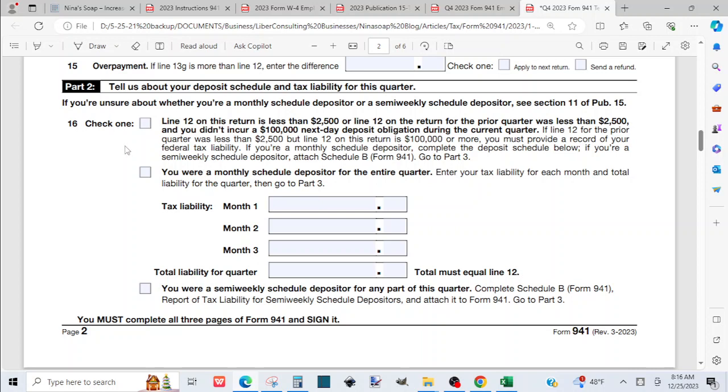You are going to check one of the 3 boxes for line 16. If line 12 on this return is less than 2,500, or line 12 on the return from the prior quarter was less than 2,500, and you didn't incur a $100,000 next day deposit obligation during the current year, that's when you will check that. But because our line 12 is more than 2,500,